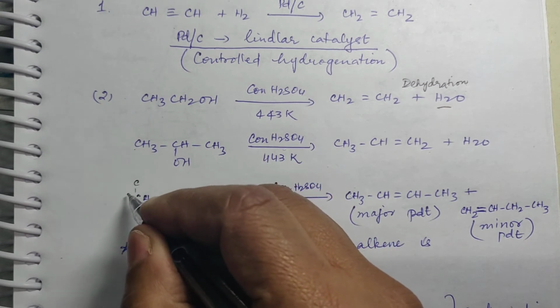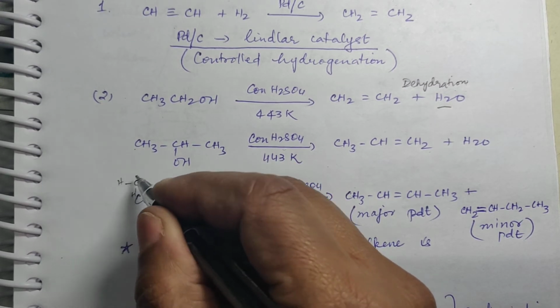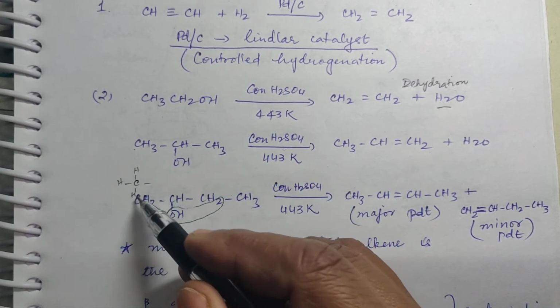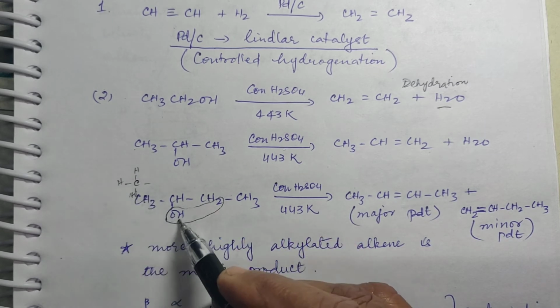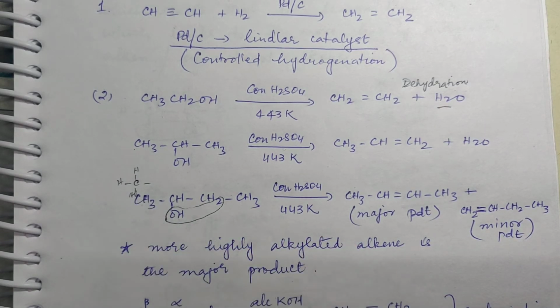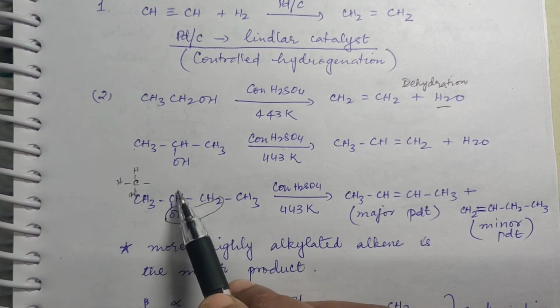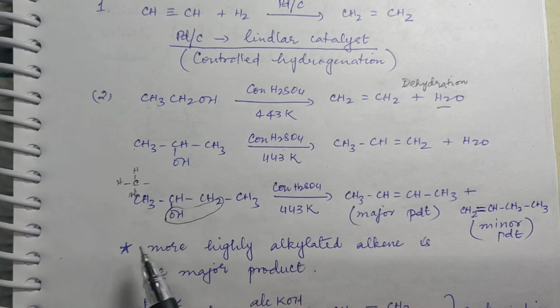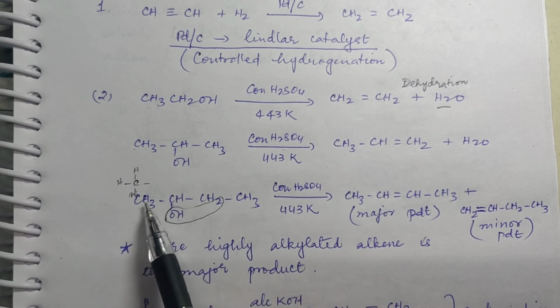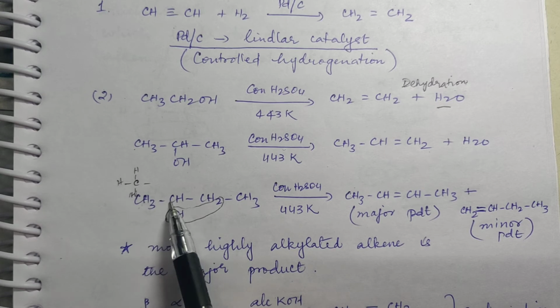Supposing if I put it as CH3 like this. Now this hydrogen and this OH could be released as water. Right? So in such a case what will happen? If this is getting removed, then there will be a double bond created here. And if this hydrogen is getting removed, there will be a double bond created here. So there are two possibilities, out of which